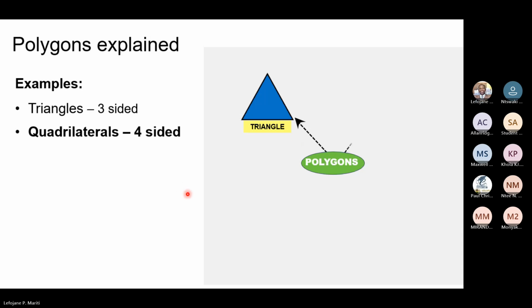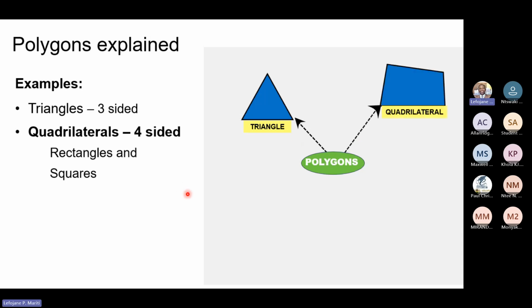They are 4-sided. And I want you to understand, grade nines, that even though our focus for this lesson will be looking at the quadrilaterals, there are more than just the 2 that are reflected. For today, we are looking at the area of the rectangles and the area of squares. However, we have more than just the rectangle and the square. You have a rhombus, you have a parallelogram, you have a trapezium, and so on and so forth. But for the purposes of this lesson, please understand that